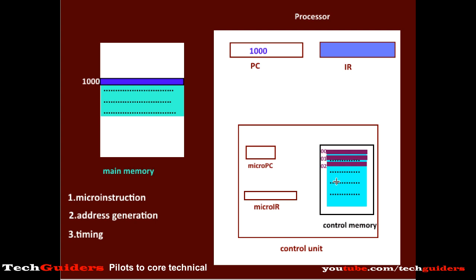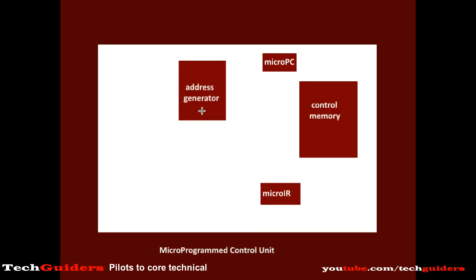But different instructions may follow a different sequence of microinstructions. So how does the microprogram counter know the address of the next microinstruction to be executed? An address generator circuit is used, which will generate the next address and update it to the microprogram counter. Now the microprogram counter will be pointing to the next microinstruction to be executed. That microinstruction will be fetched from the control memory to the microinstruction register, and accordingly the signals are generated. The address generator decides this next address based on some input.